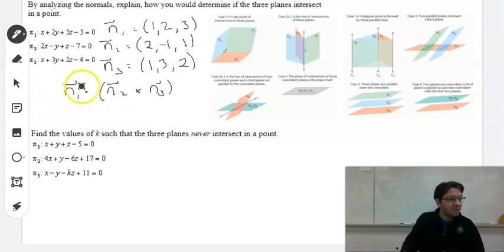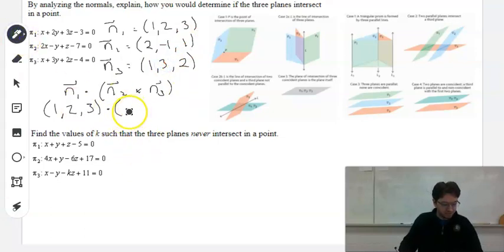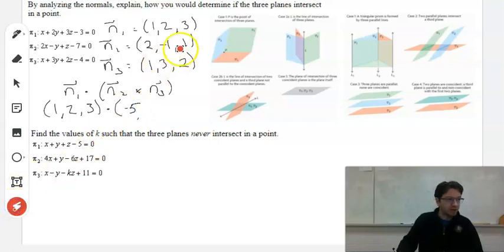So N1 is 1, 2, 3, dot the cross product. So cover these two. It's really easy to do the cross product if you write them one on top of the other. Cover your first ones, and then do negative 2 minus 3. So that's minus 5. Okay, and then cross the middle ones, and you get 1 minus 4, which is negative 3. And lastly, ignore the last ones, and you get 6 minus negative 1. So 6 plus 1, that's going to give us